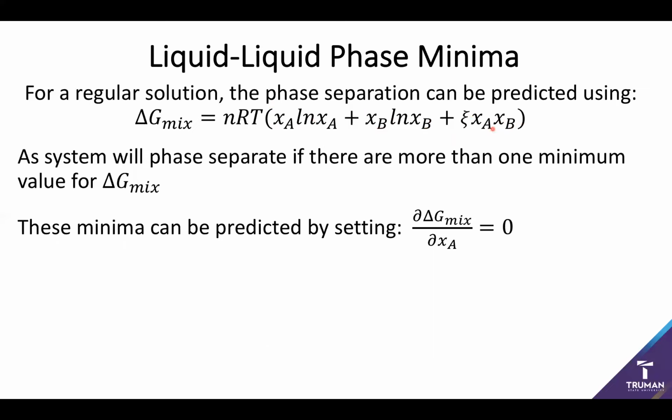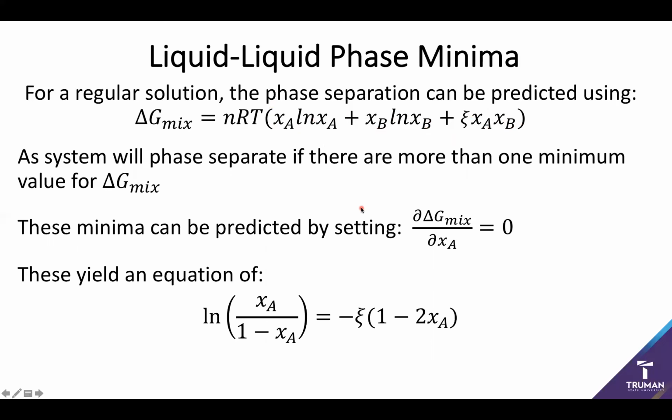product rules. So either you can have a lot of fun doing that, or I can just provide you the pre-solved equation, which is more or less going to give us that the natural log of the ratio of the mole fraction of A to the mole fraction of B is going to be equal to the strength of the intermolecular forces times essentially 1 minus the composition of the species. So now all we have to do is try and solve for the mole fraction. However, we do run into a slight problem. As it turns out, there's no analytical solution for the mole fraction in this case. So we have to use an older, kind of a little bit more fun trick, which is a graphical